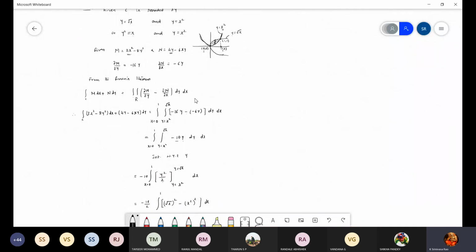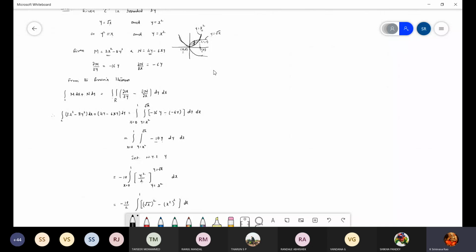So this is an application again. A two-dimension problem we have to calculate with the help of double integration only. But according to Green's theorem, if you observe, the right hand side double integral should be equal to the left hand side single integral. You can calculate in that way also. So this is another way of application, but it is not area. Minus 3 by 2 is not area. Calculating area is one more concept. That problem I will solve tomorrow.